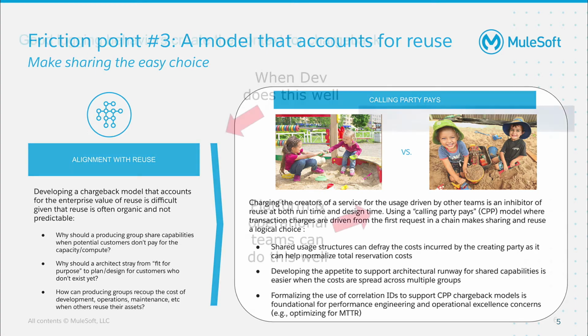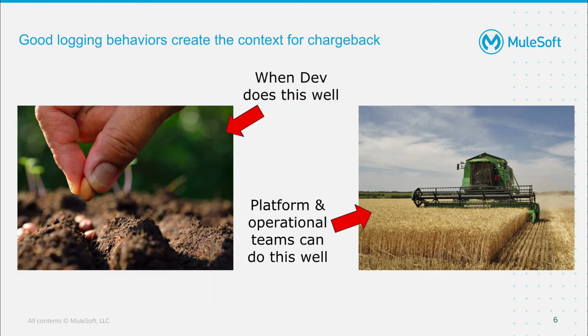To that end, the Mule 4 runtime supports the use of correlation IDs as a configurable part of the platform, with the insertion of a custom correlation ID that is made up of a business group ID to identify the original calling party and a GUID to uniquely identify the request. Each subsequent application request will carry along with it the same correlation ID that can then be used to create a usage bill where usage is allocated by the original root caller.